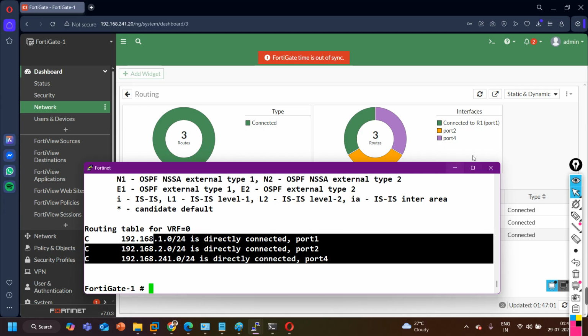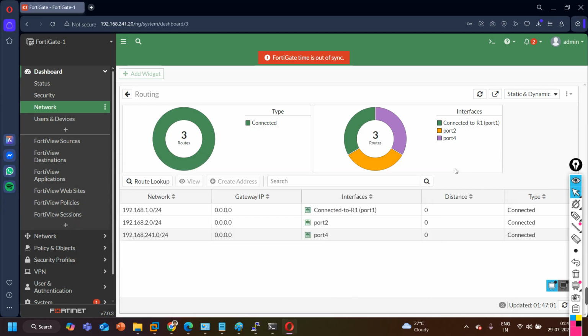So what we have seen till now: how to take the backup of configuration, factory reset, and then how to restore the configuration. Now let's talk about the firmware update, how to update the firmware. First of all guys, you have to download the updated firmware. If you check the